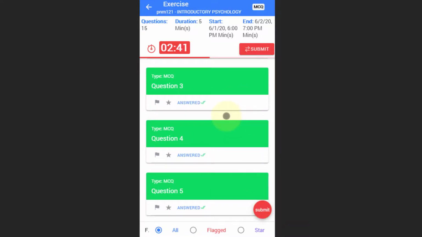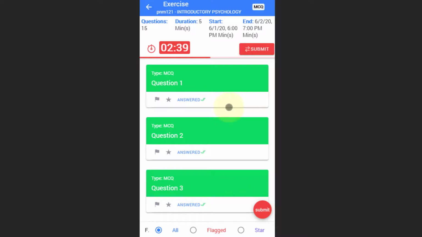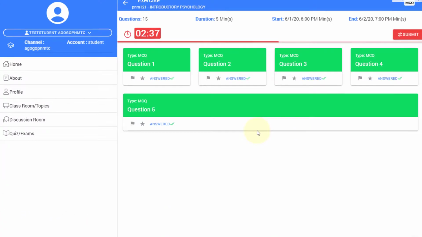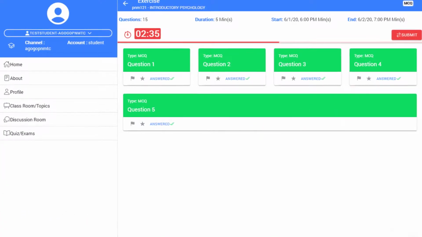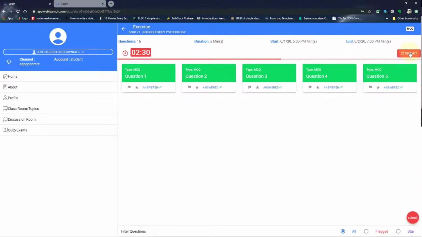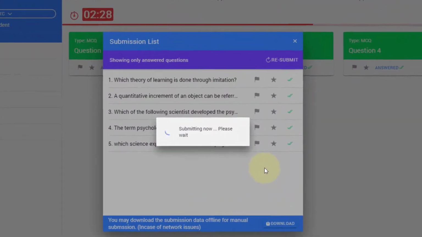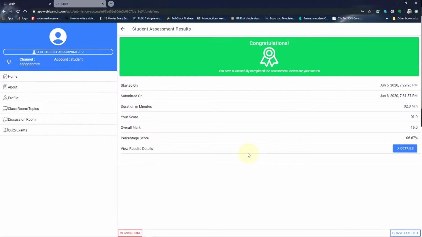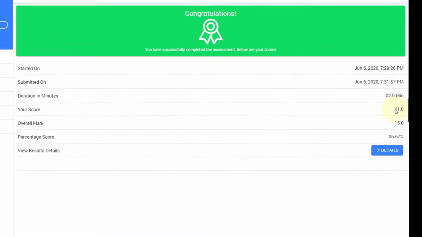Now all questions are green. I've answered everything, and I have 2 minutes left. If I really want, I can just wait, or I can submit if I think that's all I want to do by clicking on the submit button, which automatically runs through and submits everything for me. Then instantly it marks it and tells me